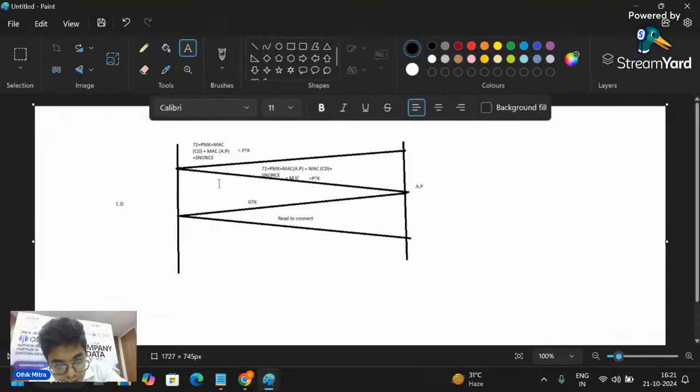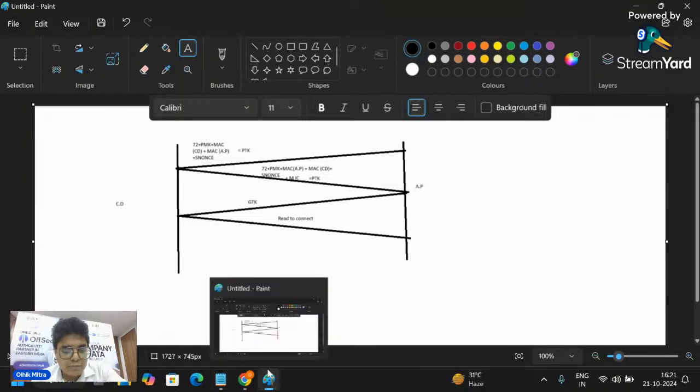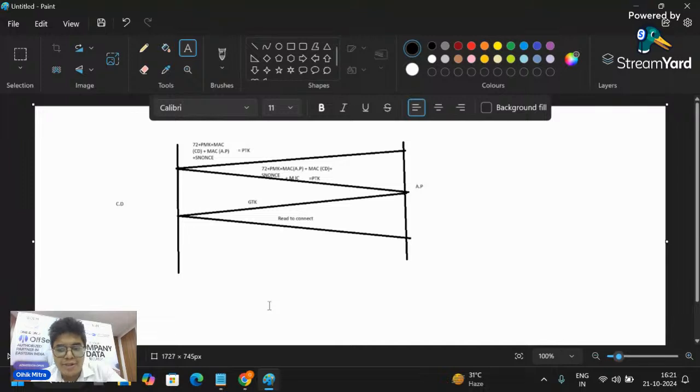This is what is basically followed in the backend when any device connects to any access point, right? So I hope it's clear, the wireless LAN four-way handshake. Okay, so now we will see a practical. We will set up a wireless access point in Cisco Packet Tracer, and we will practically see how devices connect to any access point through a wireless network, right?